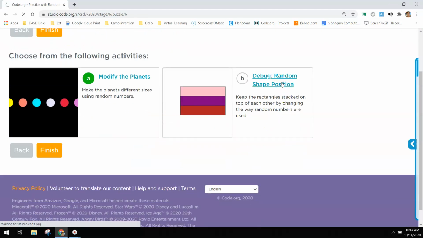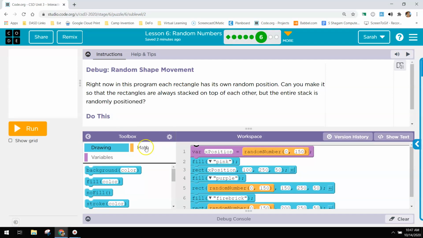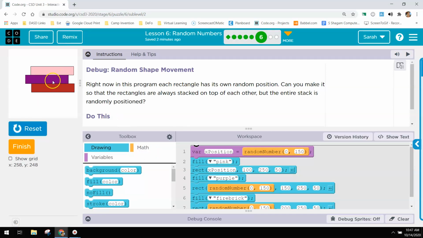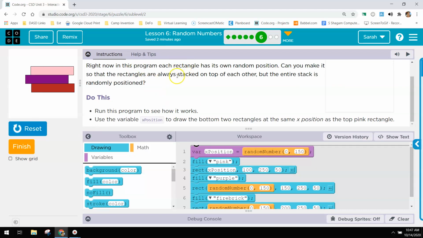And then positions, this is a debugging. So if we run this, these are not lined up. And you want to make it so that they always stacked on top of each other, but that the stack is randomly positioned. This is challenging. So if we say that the var x position is going to be a random number between 0 and 50,